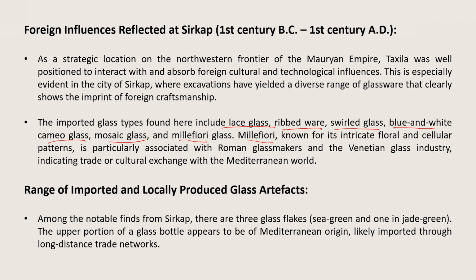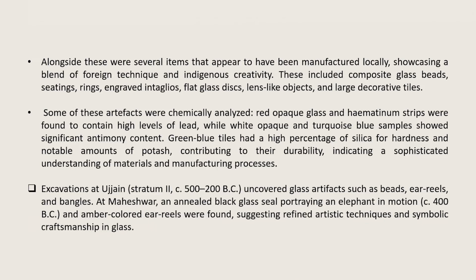Now, the range of imported and locally produced glass artifacts. Among the notable finds from Sirkap, there are 3 glass flakes, 2 sea green and one jade green. The upper portion of a glass bottle appears to be of Mediterranean origin, likely imported through long distance trade networks. Alongside these were several items that appear to have been manufactured locally, showcasing a blend of foreign technique and indigenous